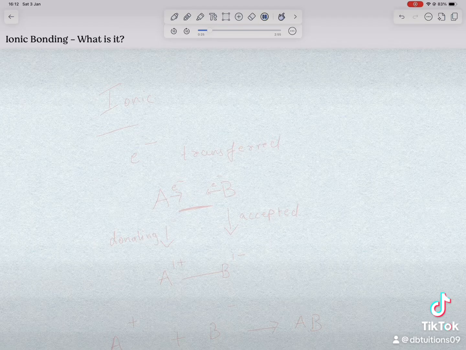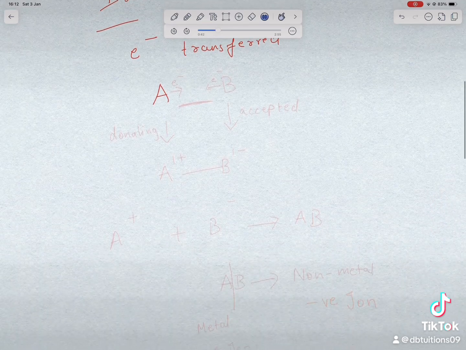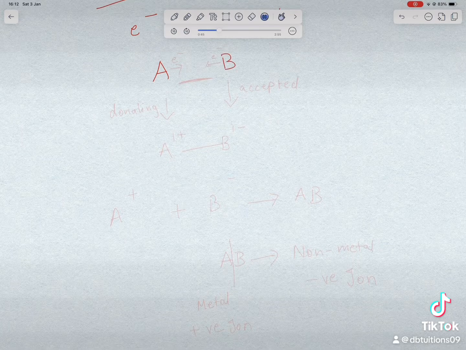One atom gives and one takes. Now that's how ionic bonding is formed. Now an ionic bond forms when electrons are transferred. Now very interestingly, let's say we have two atoms A and B. Now A transfers electrons and B accepts those electrons, and there is a bond formed, an attraction, an electrostatic force